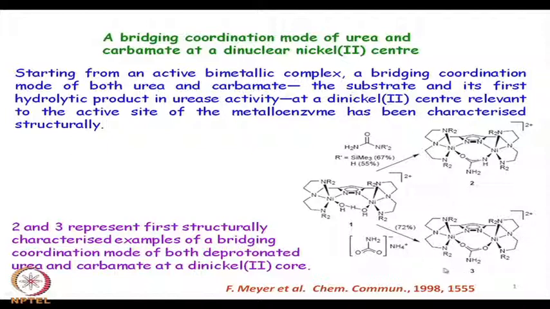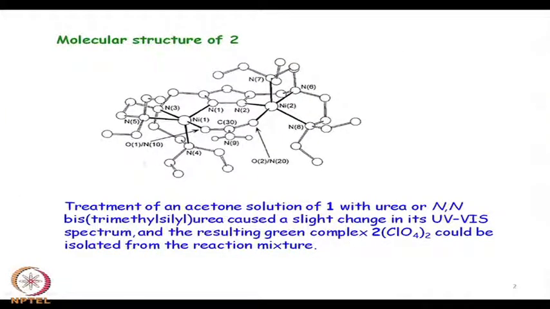So, if you get the corresponding structure and the positioning of these 2 nickel centers, you can characterize something related to your magnetic interactions also, that people do for the magnetic interactions where these nickel 2 sites are present. So, you have the deprotonated urea and carbamate which nicely binds to 2 nickel sites. So, this particular structure basically in the acetone solution of 1 urea and bis trimethyl silyl urea, is a substituted version of urea, and the monitoring can also be possible.